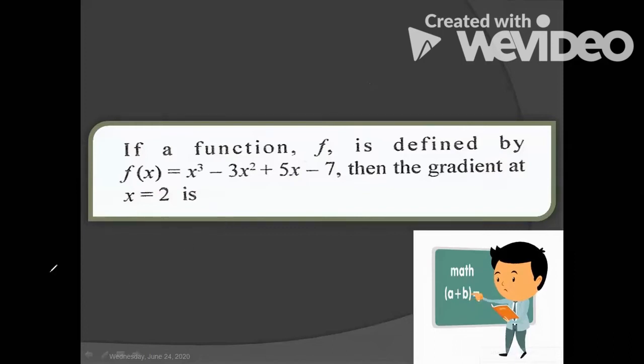When you have a straight line, we can find the gradient of a straight line. Now when we have a curve, oops, that's not a curve, that's a curve. These are two curves. We can't find the gradient of a curve, we can only find the gradient at a point